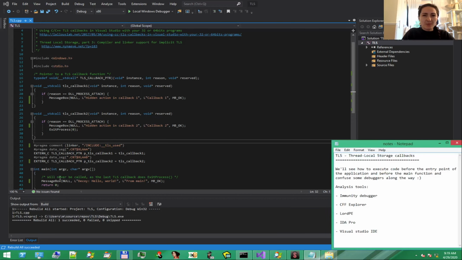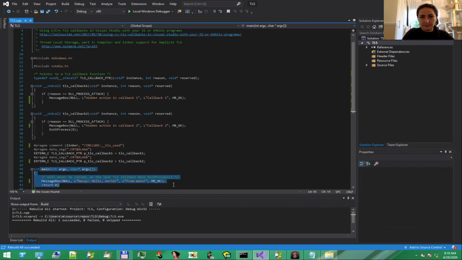Imagine someone could add a lot of code inside the main function, which would act as a decoy while the malicious code would execute inside a TLS callback. Since most of us would probably start analyzing from the main function, we could miss the payload. A very nice way to hide your code.